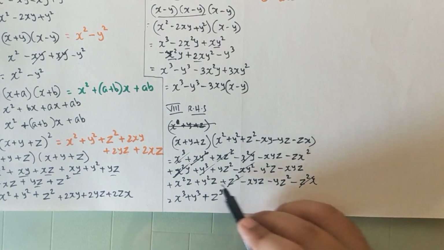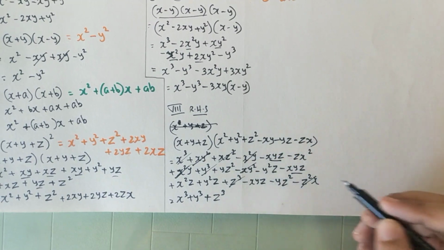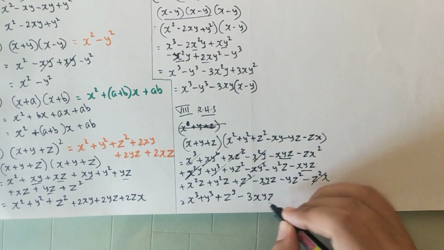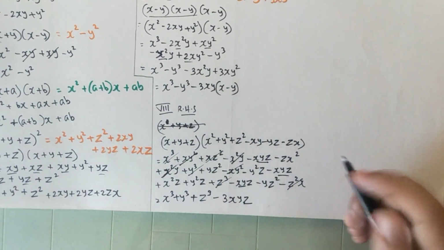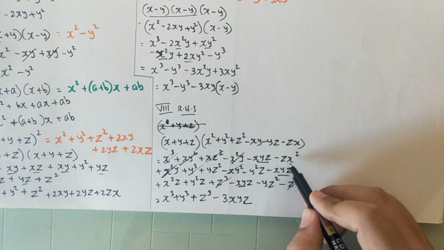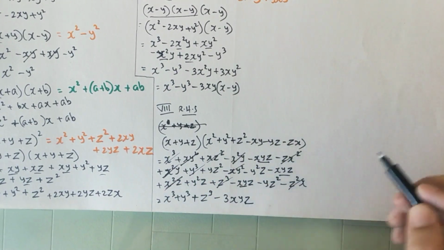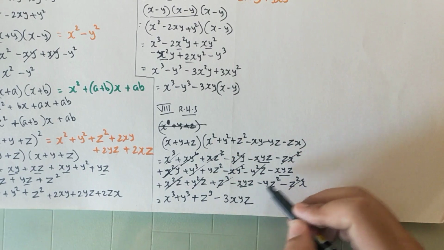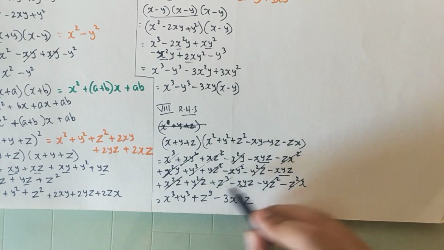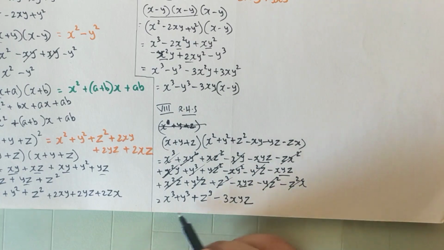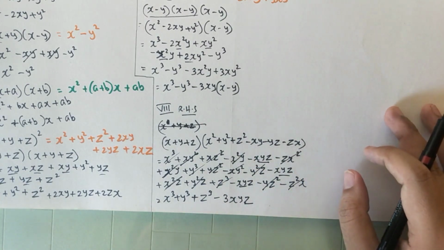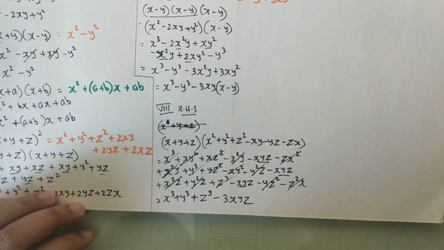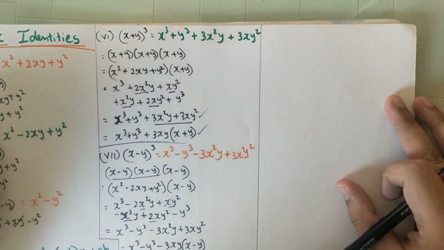Remain this as it is, minus xyz. There is one term minus xyz, another minus xyz, another minus xyz. There are 3 times minus xyz, so minus 3xyz. Minus zx square plus x square z will get cancelled. yz square minus yz square, minus y square z plus y square z. Each and every term will get cancelled. Only this will remain, that is x cube plus y cube plus z cube minus 3xyz. So if I write in the proper form, we will get